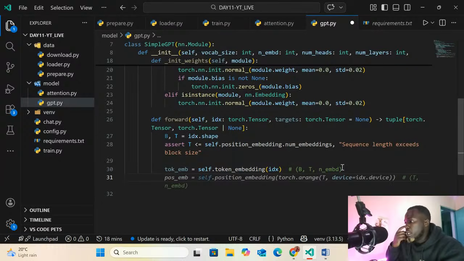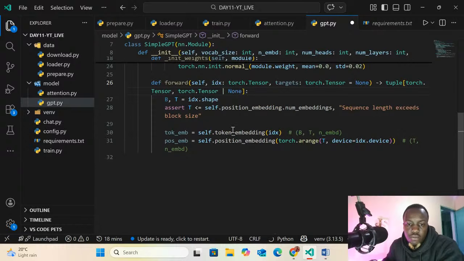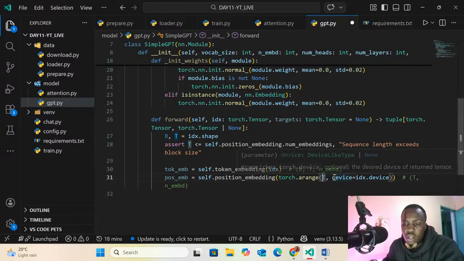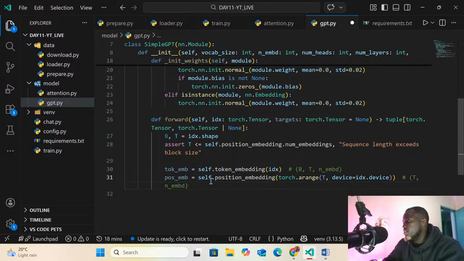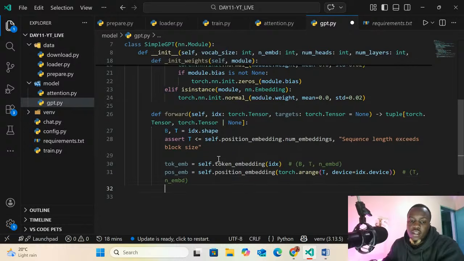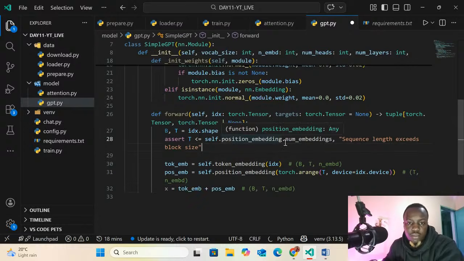We need the position embedding as well. We need the position arange, passing the device, index.device. Okay, that makes sense. Then we can pass a variable here, which is going to be the token embedding plus the position embedding.